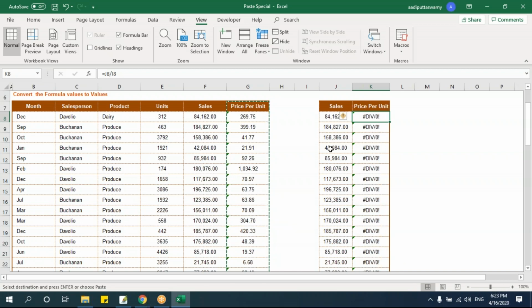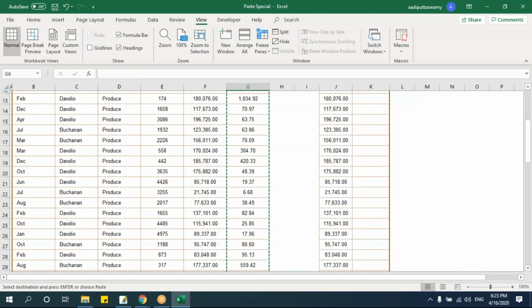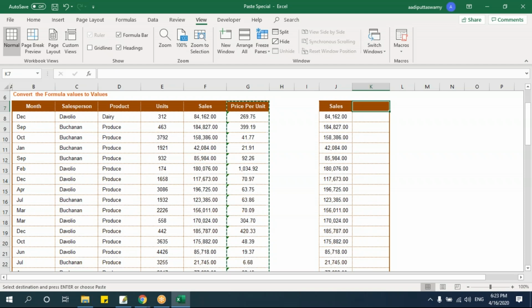Why is this coming? Let's check. When you go and check this, there is a formula which is referring to something here. It is trying to refer to something, and still I have a formula. I don't require a formula here. I just want only the values. So let me go here and copy this. While pasting, I'll not say Control V. I will say paste special.